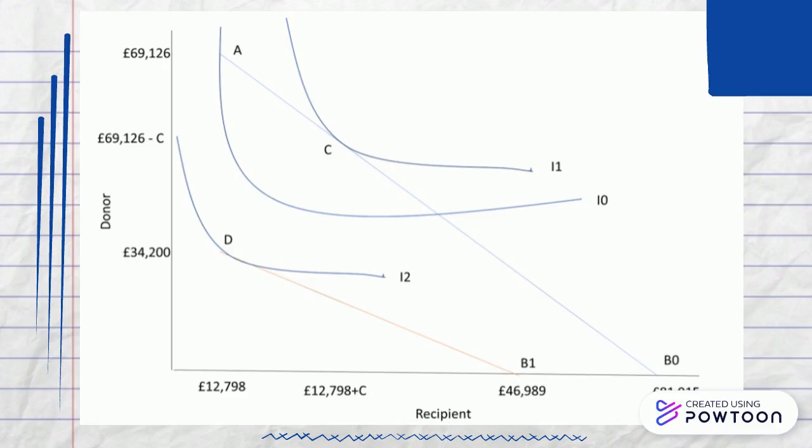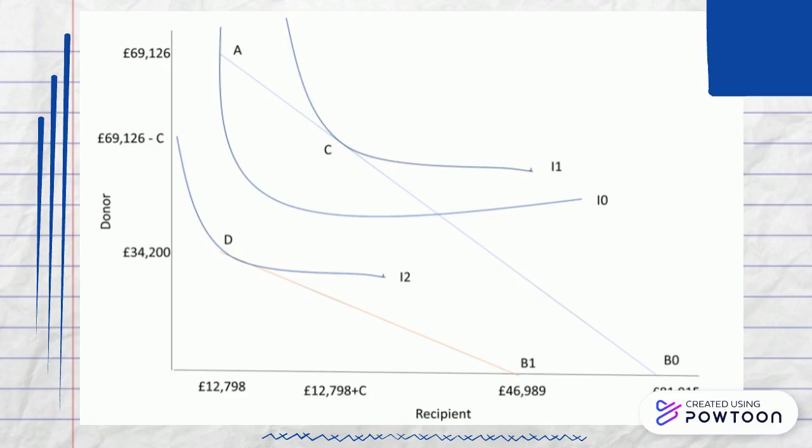According to the Equality Trust, in 2018, households in the bottom 20% of the population had on average a disposable income of £12,798, as denoted by the point labelled A, whilst the top 20% had £69,126. The options for the individual are as follows: paying all their income, or they can donate some of it,